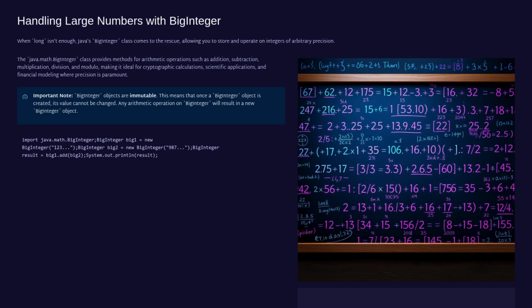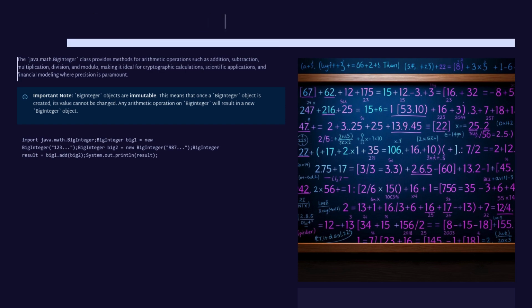Important note: BigInteger objects are immutable. This means that once a BigInteger object is created, its value cannot be changed. Any arithmetic operation on BigInteger will result in a new BigInteger object. import java.math.BigInteger; BigInteger big1 = new BigInteger("123"); BigInteger big2 = new BigInteger("987"); BigInteger result = big1.add(big2); System.out.println(result);